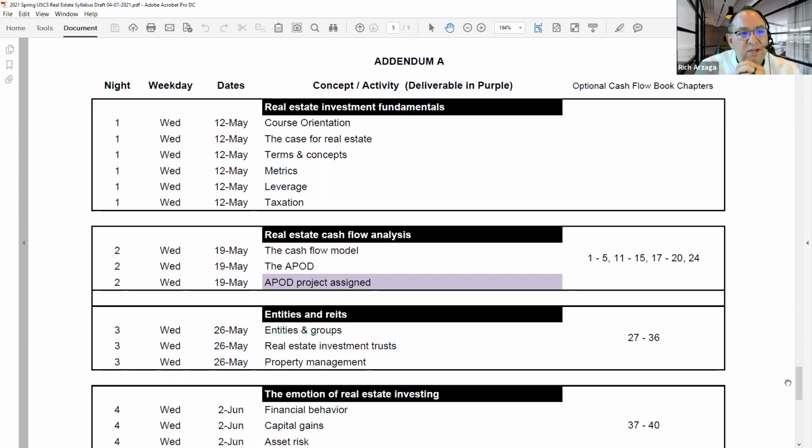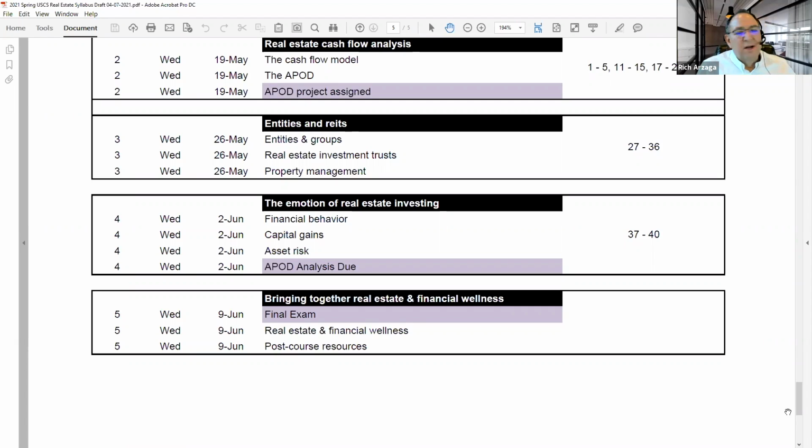That's a great question. I'm glad that was asked. Let's take another question and then we'll go back to the outline here. Okay. Does the current class still go through the financial analysis for cash flow and IRR? Yes, it does. Night number 3, we're going to talk about, and by the way, these might shift because I